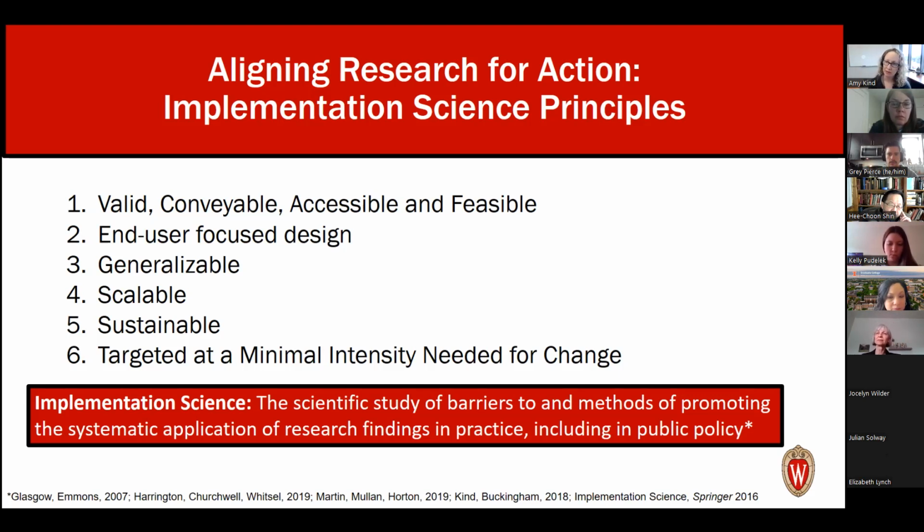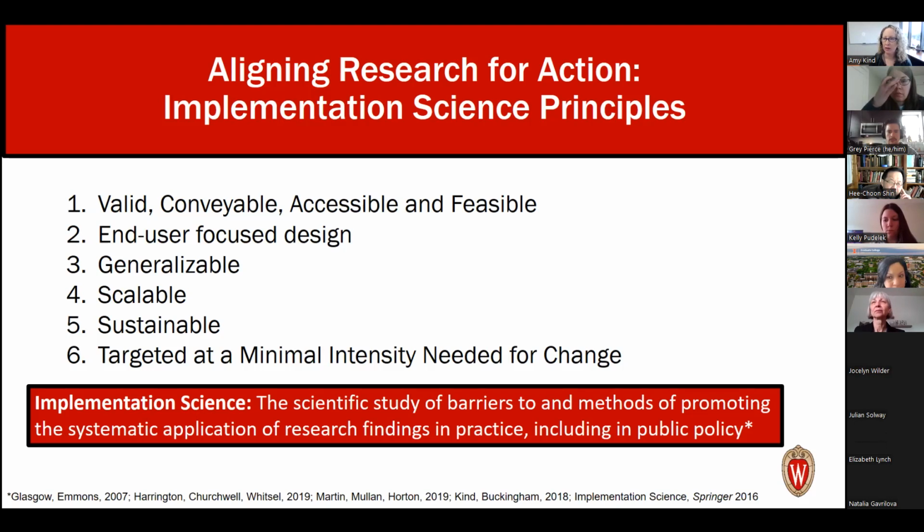but it also has to be conveyable. People need to understand the findings. They can't just be adopted by a narrow set of academics in an ivory tower in one corner of a field. It ultimately has to translate to a much broader audience, and it has to be accessible to that broader audience and ultimately feasible for that audience to potentially apply in its own domain. The work has to be end user focused in design. Even if something works, if no one likes it and no one's going to adopt it, it's not going to ultimately lead to real world change. It will lead to a paper, and perhaps an important paper, but get stuck in the translational chasm. It also needs to be generalizable.